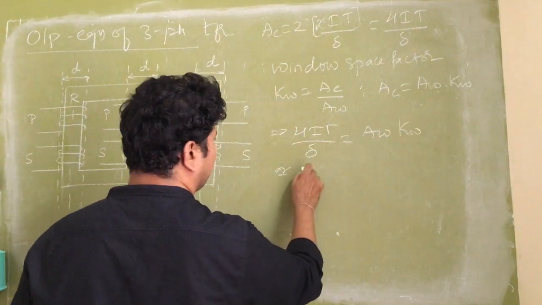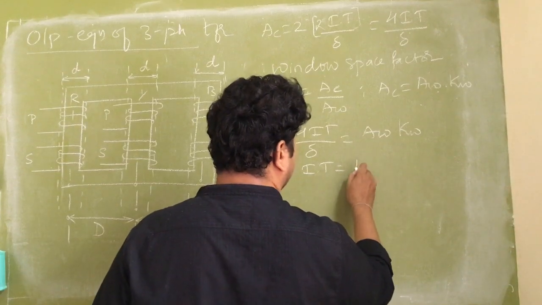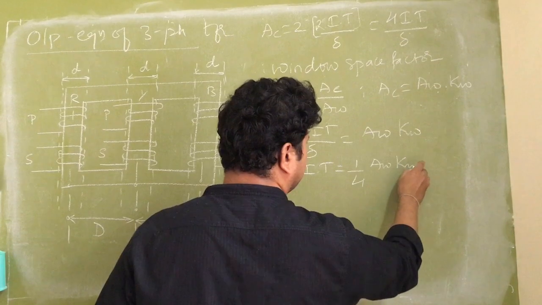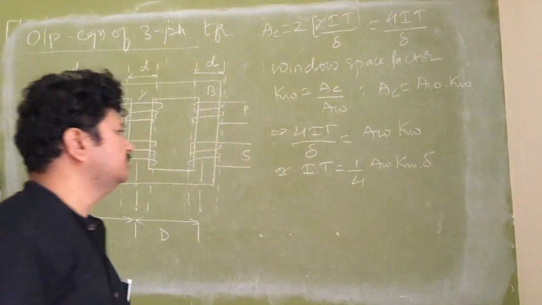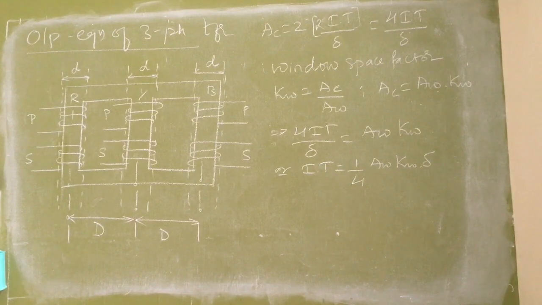or IT is equal to 1 by 4 AW KW into delta. Now,